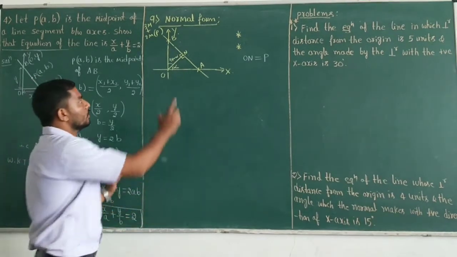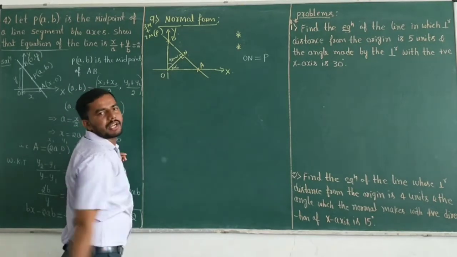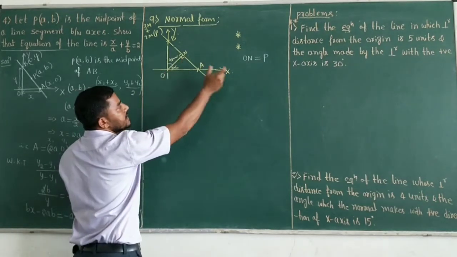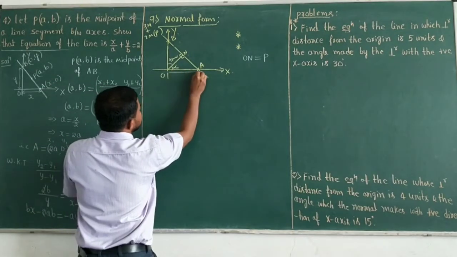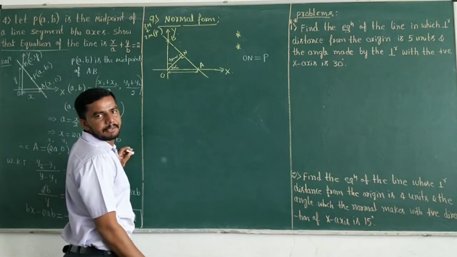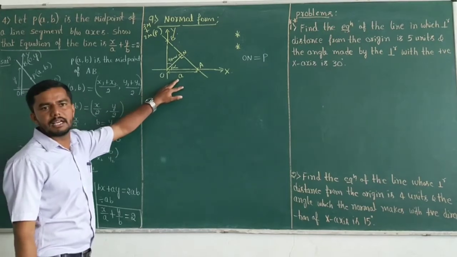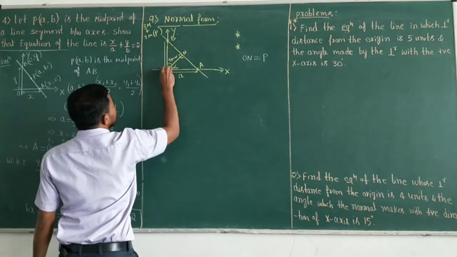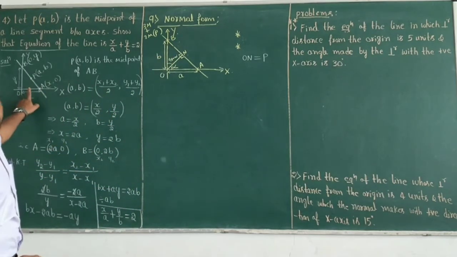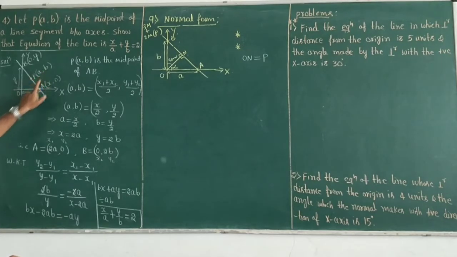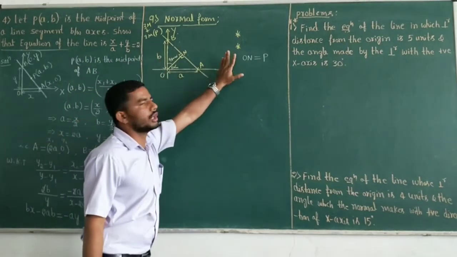And in other words, the same distance can also be stated as normal distance. OA ಅಂತಂದ್ರೆ ಅದನ್ನ ನಾವು perpendicular ಅಂತ ಕೂಡ ಹೇಳಬಹುದು. So OA ಅನ್ನು ನಾವು normal ಅಂತ ಕೂಡ ಹೇಳಬಹುದು. Here ON is equal to P. And also this distance, the distance from O to A is the x-intercept. It is denoted by small letter. So this is the figure and the description 2 points.